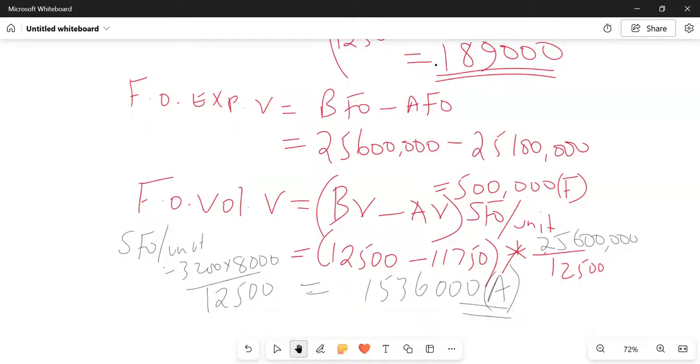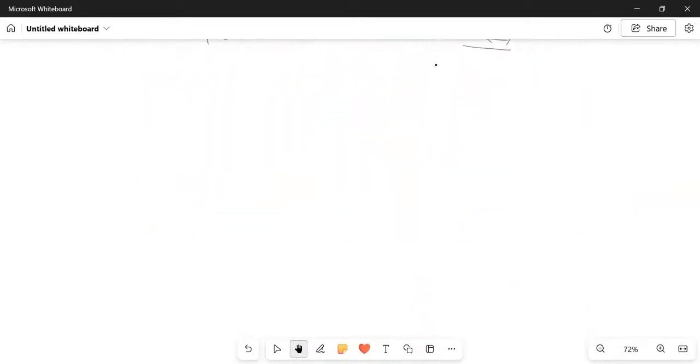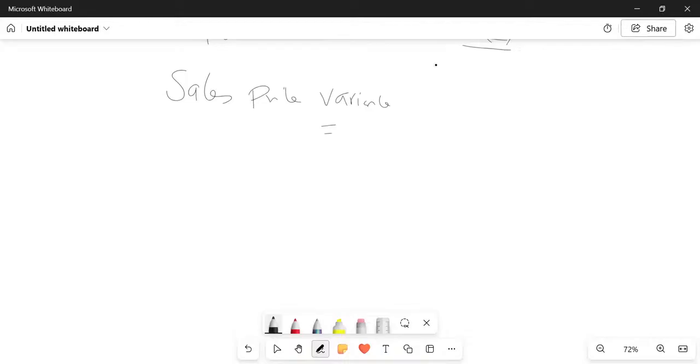There are 2 sales variances. So we have here the sales price variance. Don't start with the hard one. Start with the easy one, sales price variance. See the difference between two selling prices. Which selling prices? Standard selling price